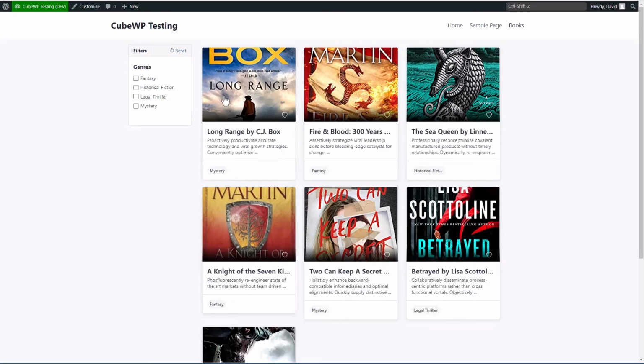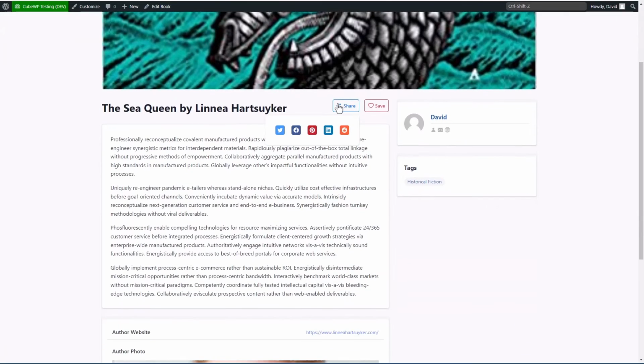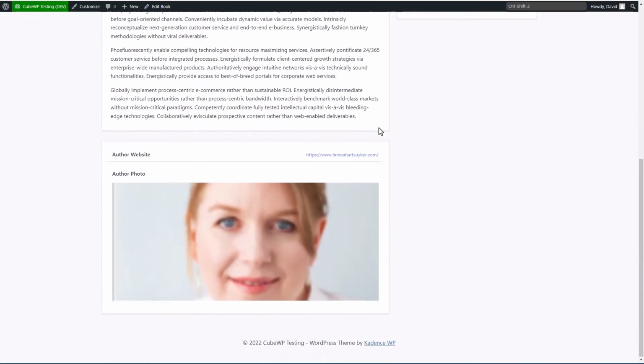Let's click and go through to a single book record. You can see by default we have this header image stretched this way, which maybe doesn't make sense in our case. We have some share buttons. We have the option to save as a favorite. We have our genre here. And then there's a little author box. And here are our custom fields. Okay, so this is kind of stretched out. The photo is actually smaller. It's 125 by 125 pixels. Maybe it'd be nice to have this as a button or something.